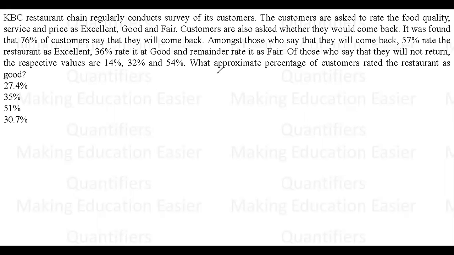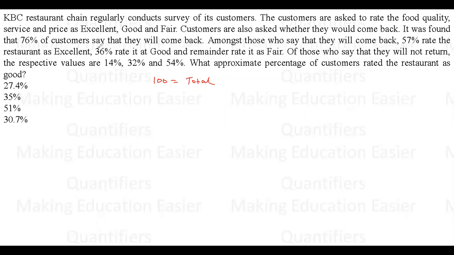Okay, students, I hope all of you must have read this question. Now, there are two kinds of customers. Customers are asked whether they would come back. I'm assuming that total customers are 100. Because the question is given in terms of percentage, the best value would be to take 100 and solve. So if the total is 100,